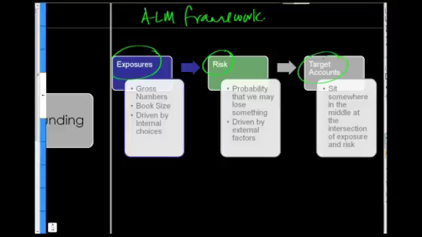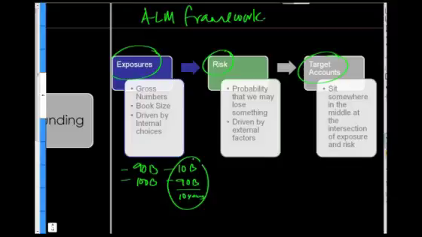So what is exposure? Exposure within an ALM setting as well as within a risk management setting refers to the size of your book. So I have 90 billion of liabilities, Bank A as well as Bank B. I have 100 billion in assets, both Bank A and Bank B. I have 10 billion in loans. I have 90 billion in securities and investments, especially the 10-year bond. So all of this is referred to as what we call exposures.